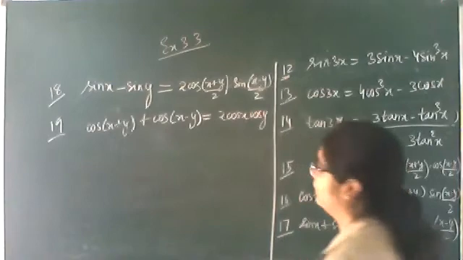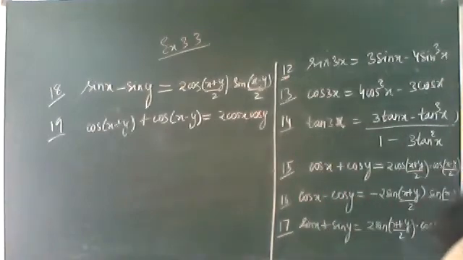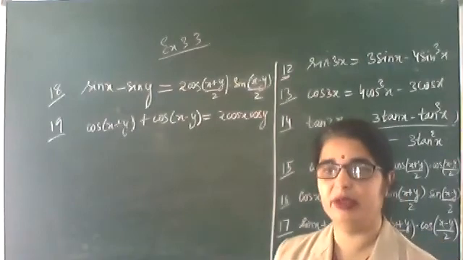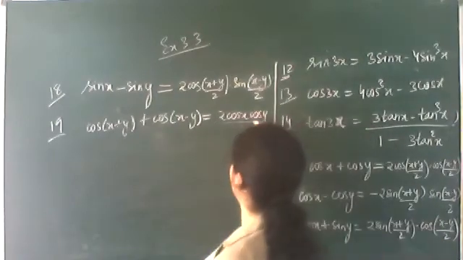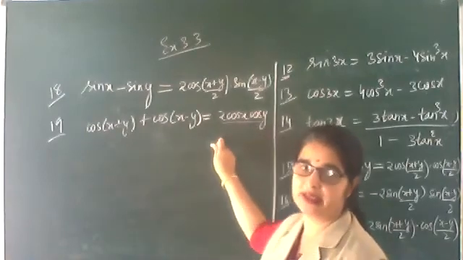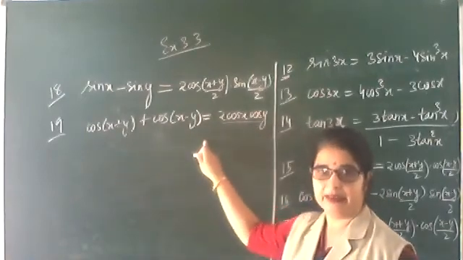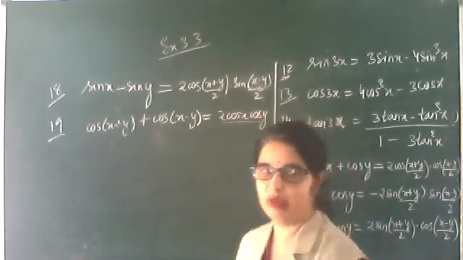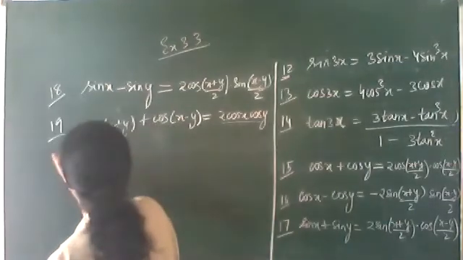So all the formulas can be derived from the formulas which we have written, but at times they are used directly, and to realize how we can do it will be difficult for you, because you can use this 2 cos x cos y also in this form. If the question is 2 cos 30 cos 45 or something else, then you can use this formula directly. 19, then 20.